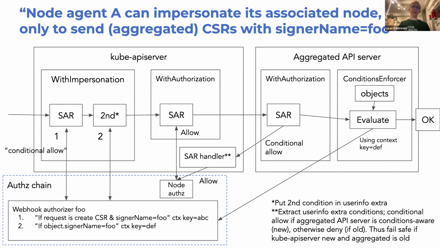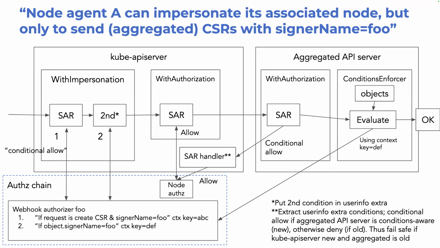Right, so this is the way. There are better ways than this. I just wanted to show this as a creative way of not having to wait three releases to understand that the aggregated APIs were new, because this actually fails closed in that scenario. You don't have to assume anything about the aggregated APIs, nor do a handshake. But there are ways around that.